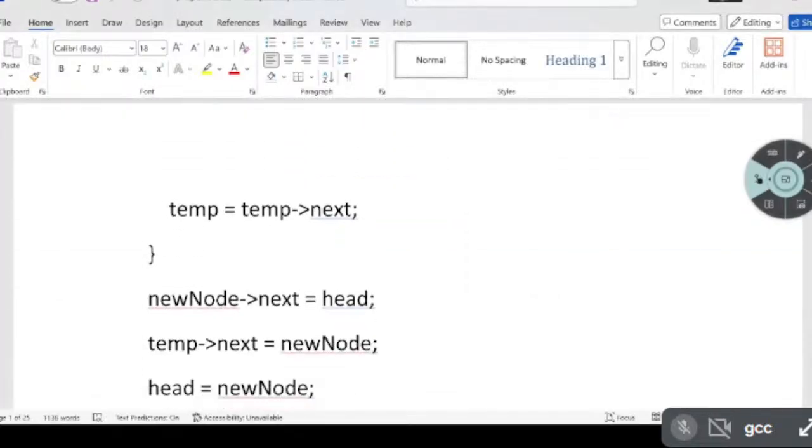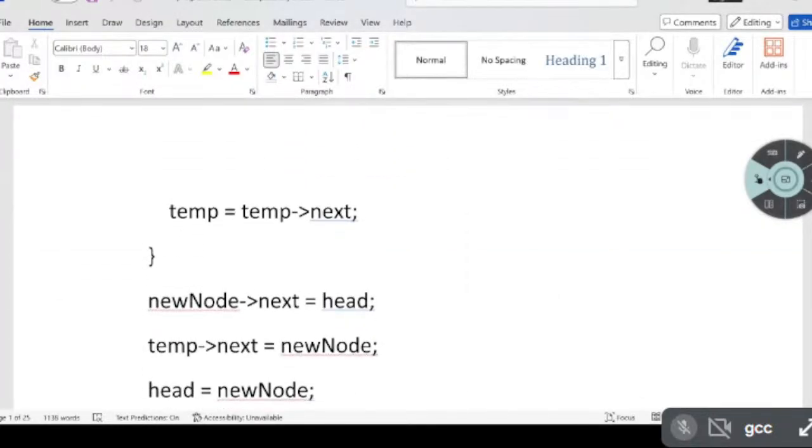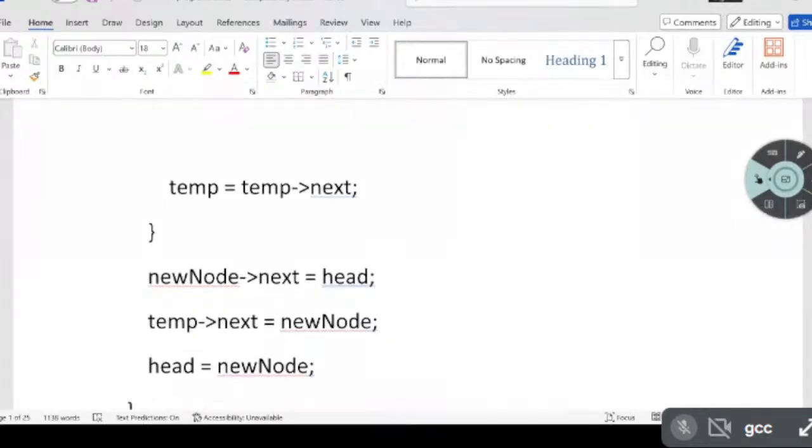Temp is equal to temp implies next. So you keep adding the next nodes in the list. Put down the diagram also. If you don't put down the diagram, you will not understand. Temp is equal to, now for this,